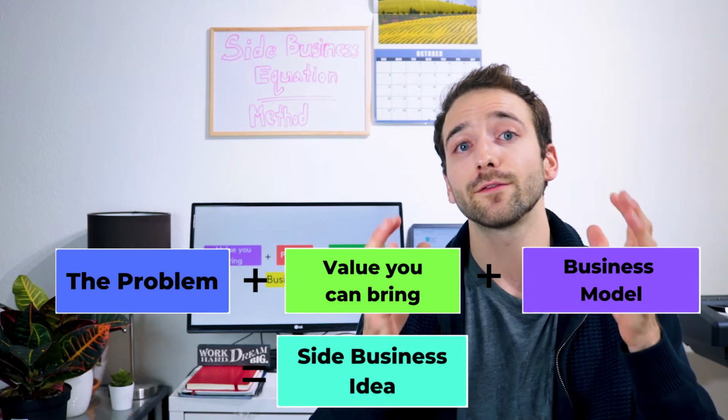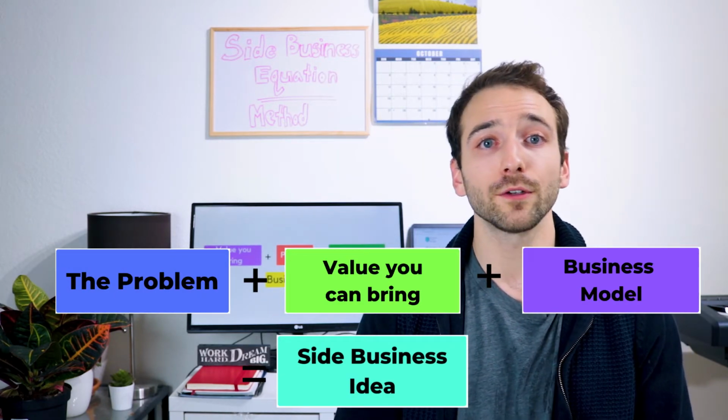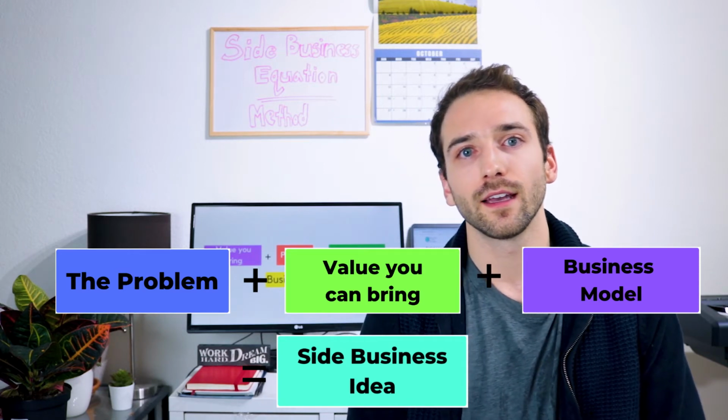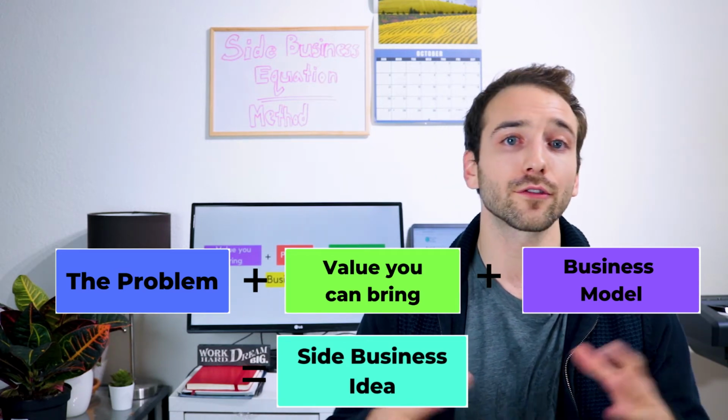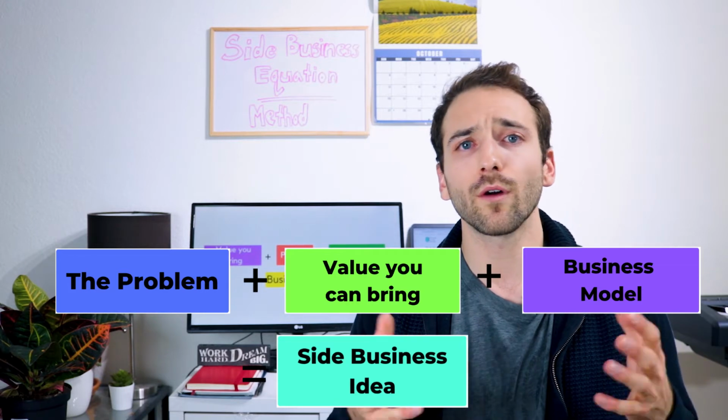So as you can see, the side business equation is a really fundamental equation that will really help you develop that right side business for you. I know it can be so frustrating scouring through lists online, wondering what is that idea I should start? What should it really be? And to be honest, you're not going to find it online. You really need to just spend some time and work through this equation and see what ideas you can develop. Go find some problems in your local area, see what the value you can bring is, and choose a service-based type business model and see how that packages it all together to create your side business idea.